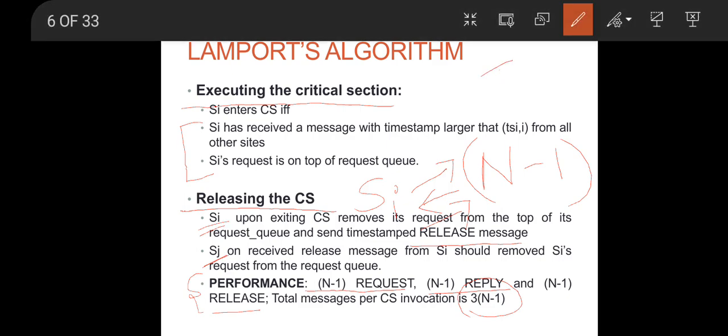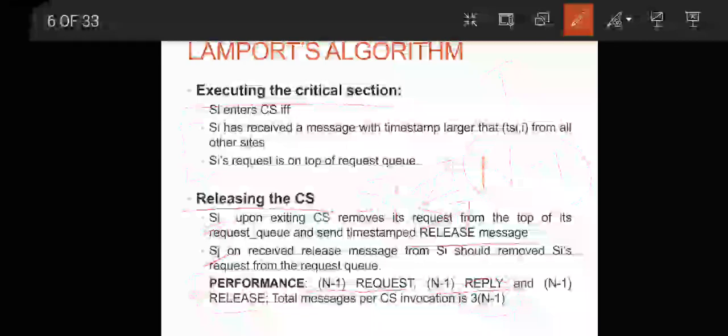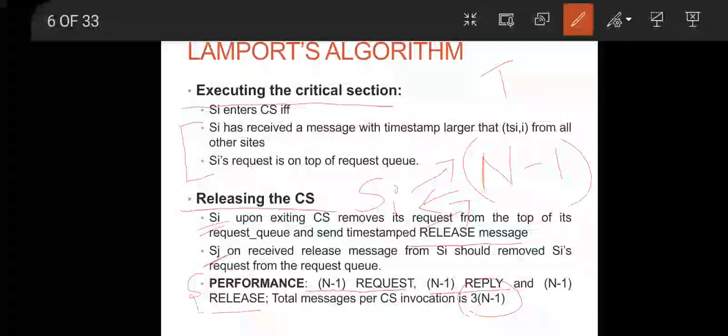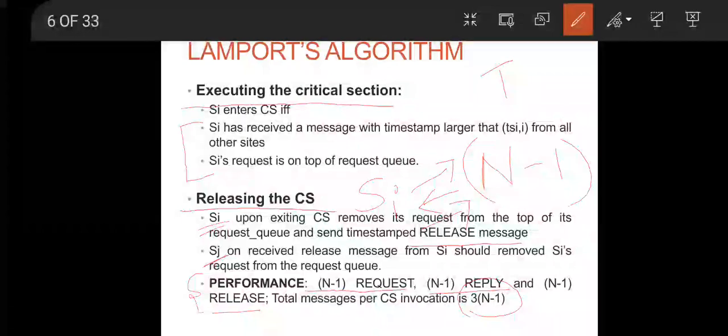So let us say T is the average time that a message takes to move from one site to another site in a distributed system. So we are going to calculate the synchronization delay for Lamport algorithm. That is, after a site leaves the critical section, it will be sending release message to all other sites. Though it is sending to n minus 1 other sites, all messages are going in parallel, so on an average it is T amount of time for the other sites to receive the release